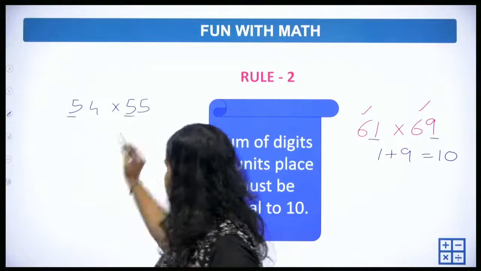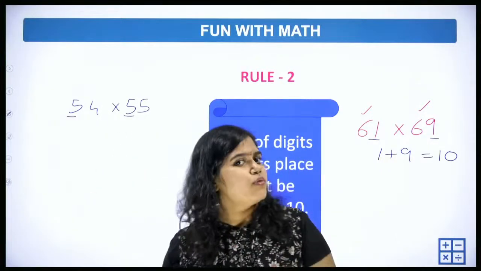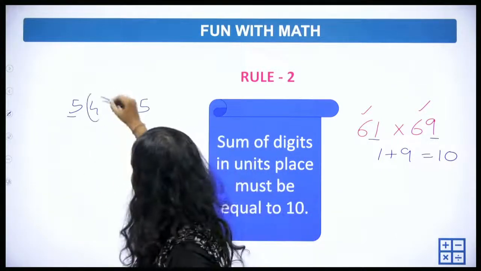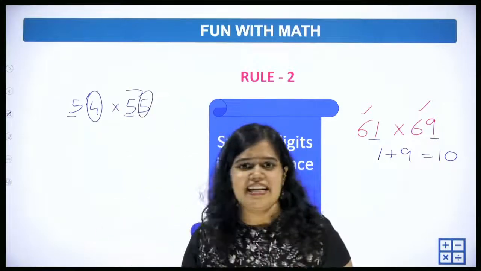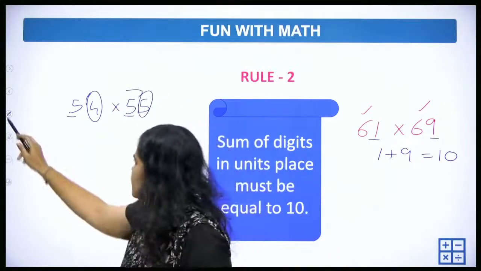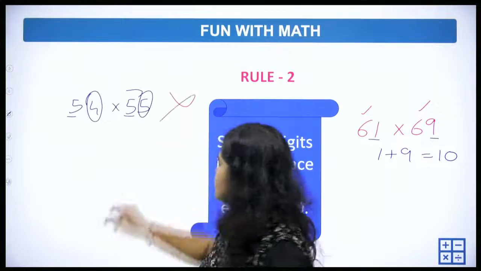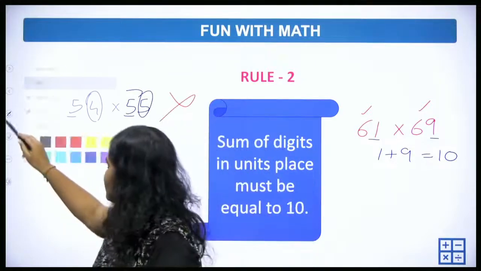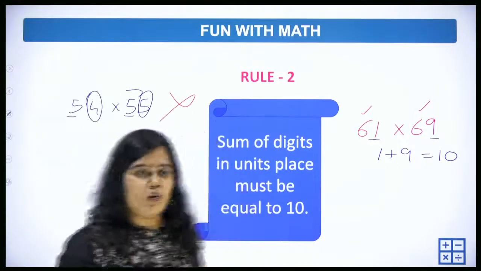Tens place we have the same, but what about 4 plus 5? 4 plus 5 is 9. It's not equal to 10. So no, I cannot use the trick in this case. Let's go for one more number. What about